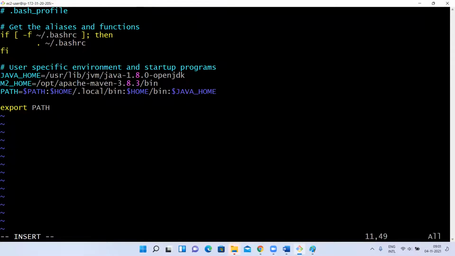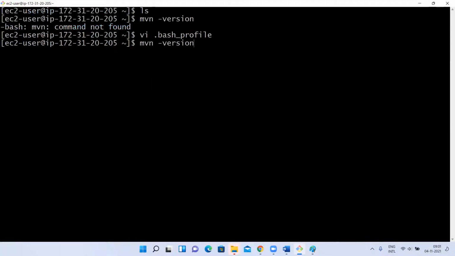Colon M2 underscore home. You would have told me earlier only, right? Dollar. Yes. Okay, now mvn hyphen version.